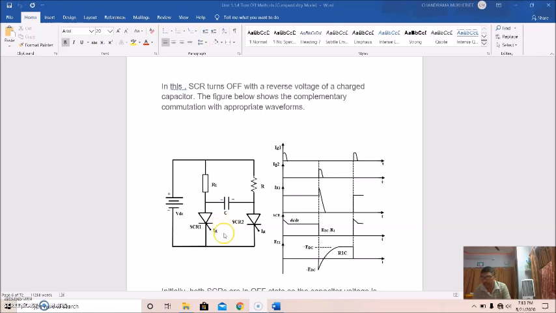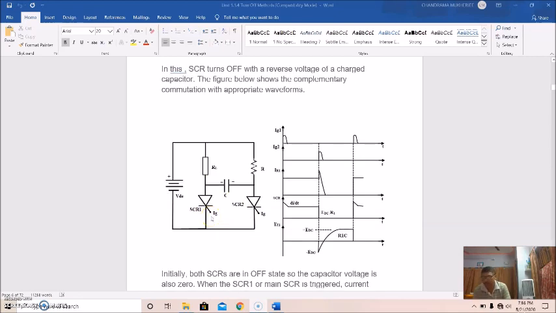The conditions of thyristor 1, thyristor 2 and the capacitor may be stated as follows: thyristor 1 is off, thyristor 2 is off, and capacitor voltage is 0. In the second mode, when a triggering pulse is applied